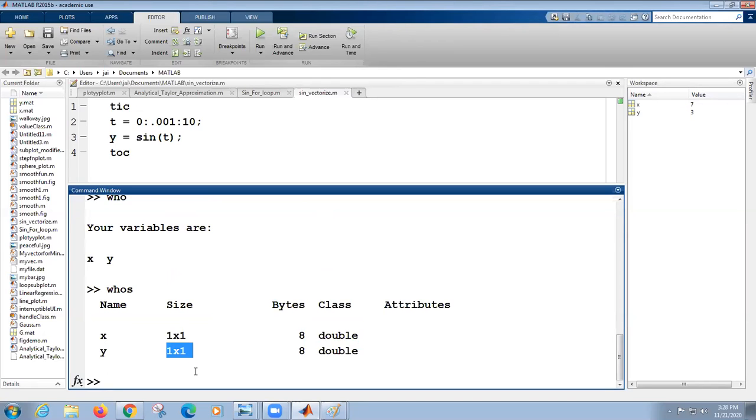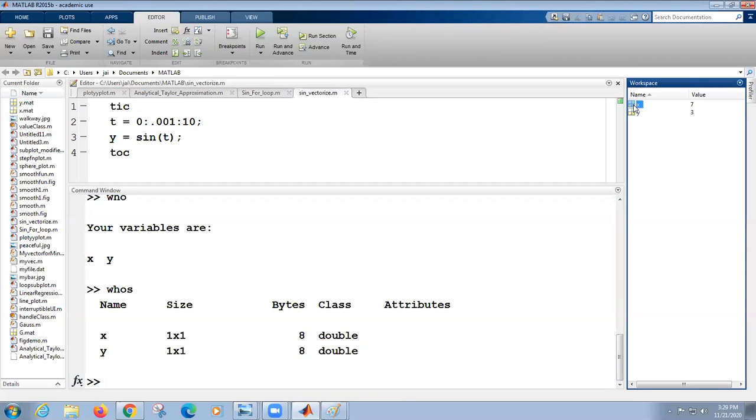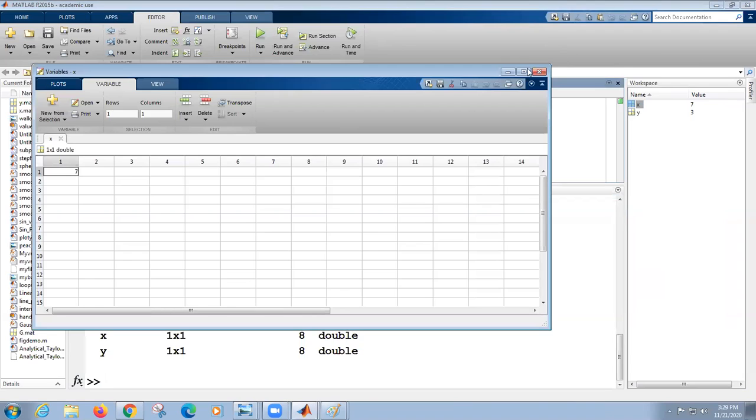Yes, sir. The meaning is straightforward here. By default MATLAB is taking every variable as an array or as a matrix. Yes or not? This is like row and this is like column. Are you able to get this? If I click on this x in the workspace, what are you seeing now?